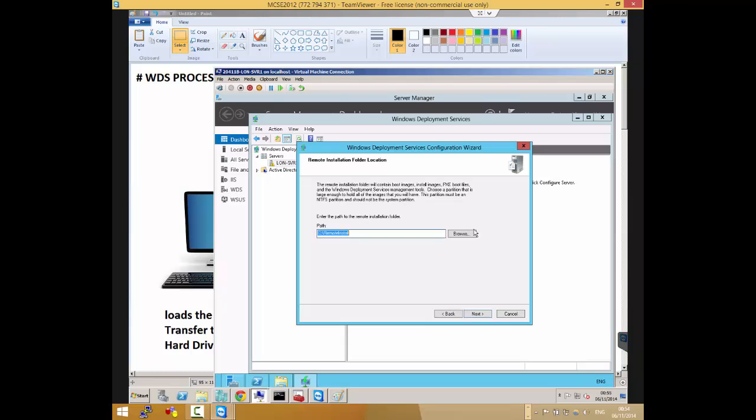They say it's advisable not to store them on your system partition, that is the partition that you've installed Windows on. I've read about it. But just for this purpose, let's go ahead and store it in this location. So if you go next.